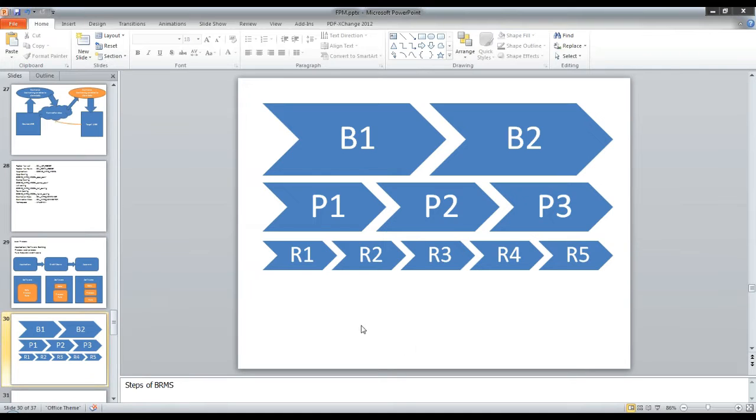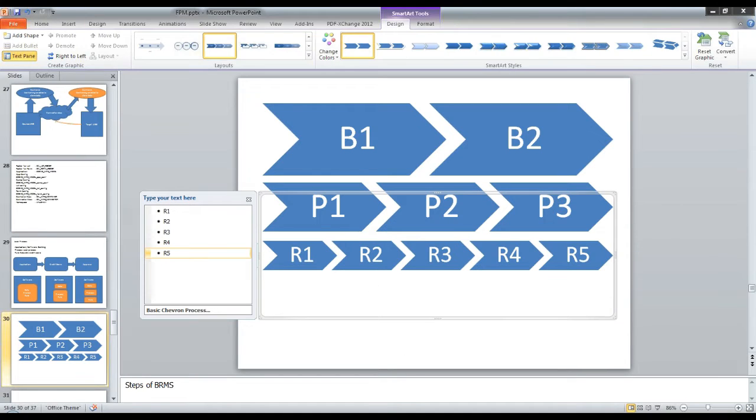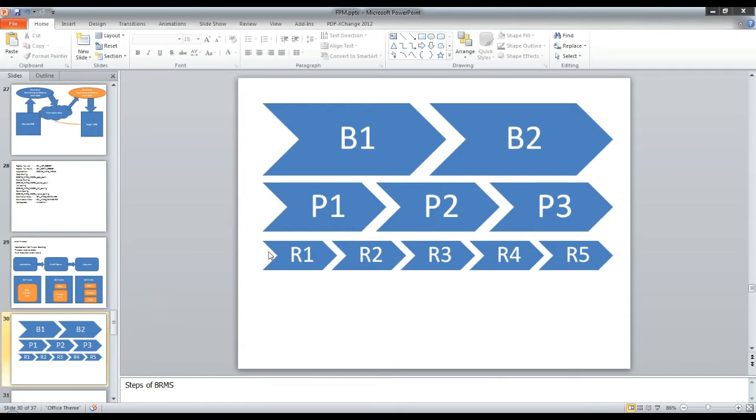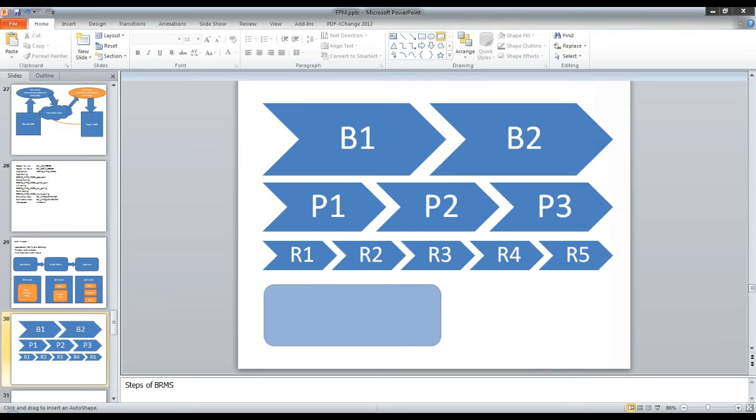So what we do is, with this process, we make a call to these rules. And these rules are defined in something called a BRMS, Business Rules Management System.